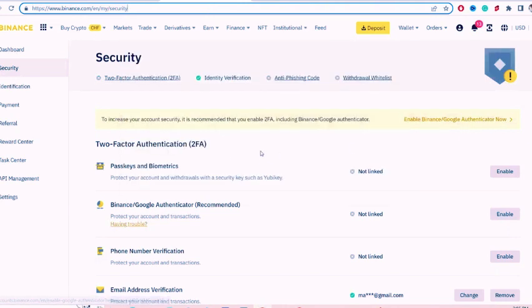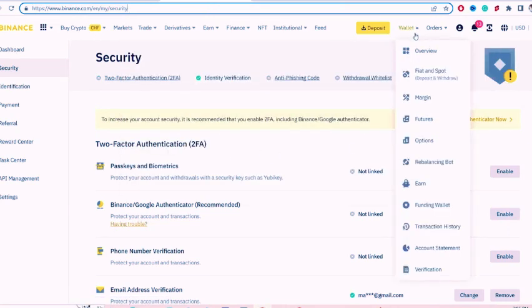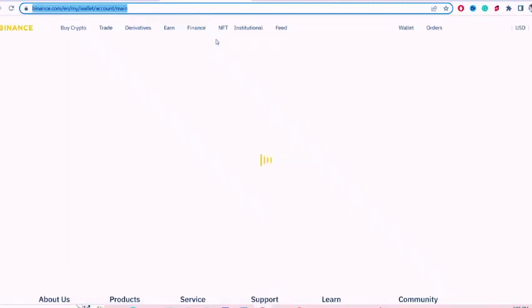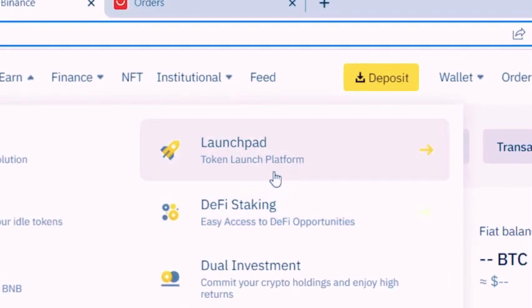Now the very first thing is you want to click on Wallet in the top right, and then click Fiat and Spot. After you click on Fiat and Spot, it will take you to this page. What you want to do next is click on